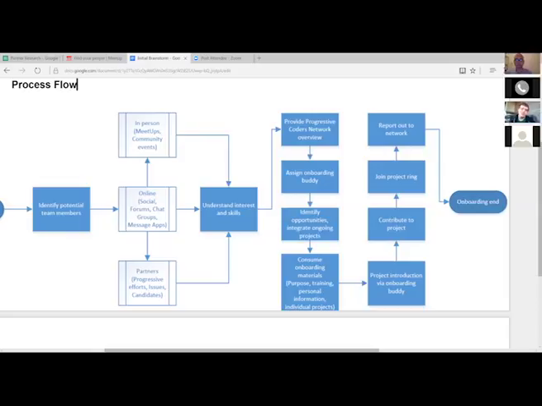And soon enough, join the project ring that I mentioned, that makes it more official, you're a part of our team, whatever it may be, we'll figure it out. But just going through that process. And then finally, I like the idea of just reporting out to the network. Who are you? Where do you come from? What do you do? What worked? What didn't work? What do you like? How can we continue to improve and iterate?